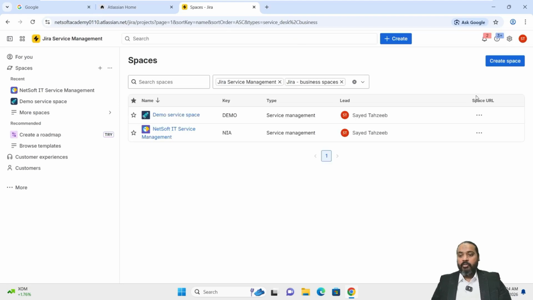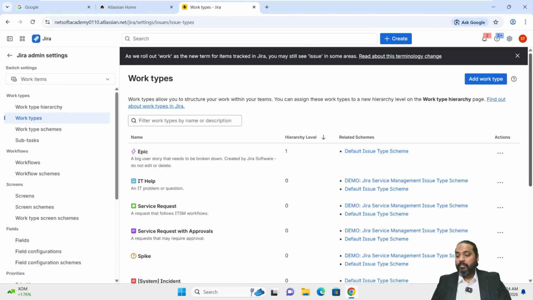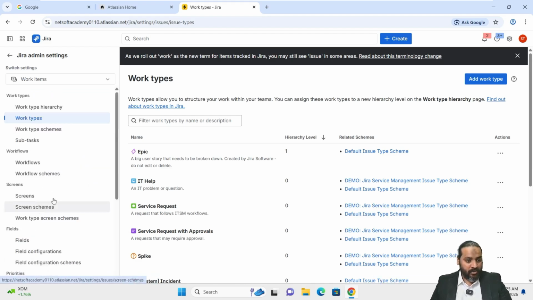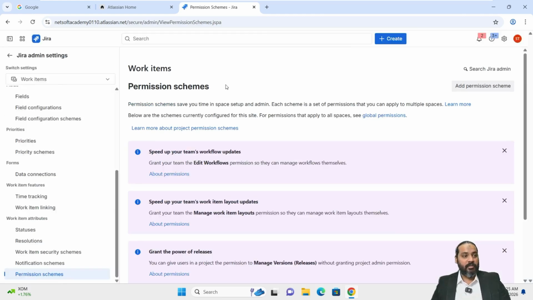and we'll click on the top right corner. We have settings. We'll click on settings and then we'll click on work items. On the work item page, on the left, we'll scroll down under workflow. We have workflow and we have work item attributes. If you scroll down further, under work item attributes we have permission schemes. Click on that. On permission schemes,